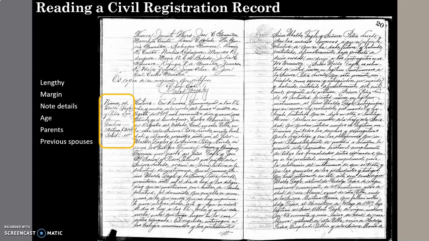Now, just know that there are a lot of details in here, which include ages, the parents, if they happen to have a previous spouse, that is included in there, which is great because I knew this gentleman, who was a great uncle, was married before, and I could not find a death record for her, his first wife. And sure enough, on this record, he talks about her, and he actually says where she died in Hidalgo, Texas, on the 26th of May of 1917. I just was never able to find a burial spot, so now I know it's probably in Hidalgo, but at least I know her exact date of death